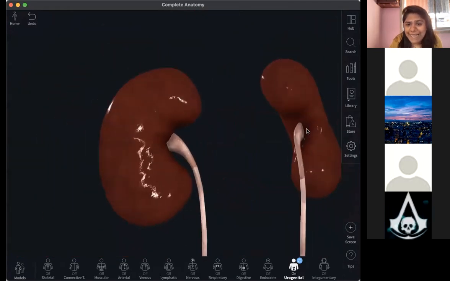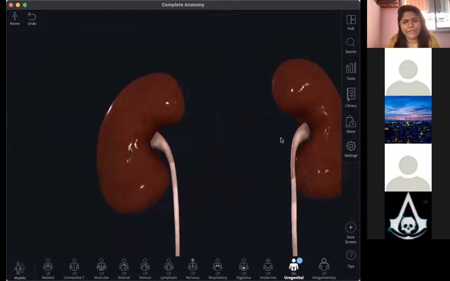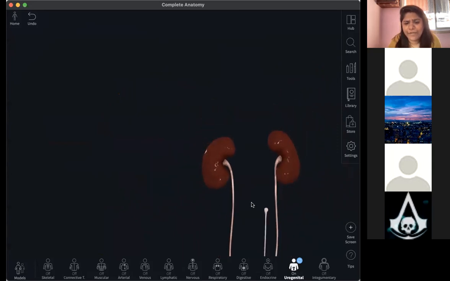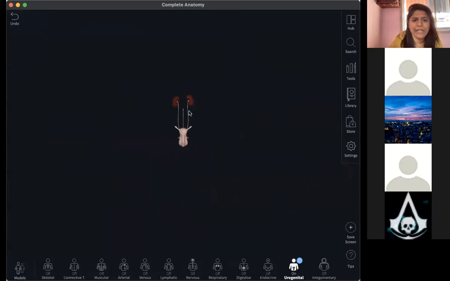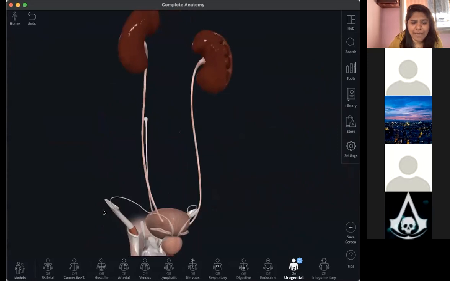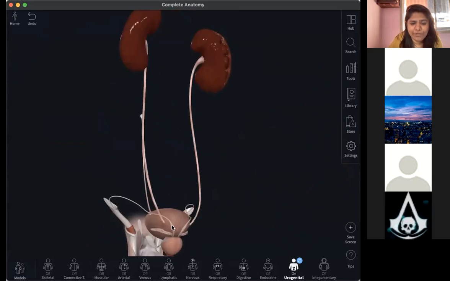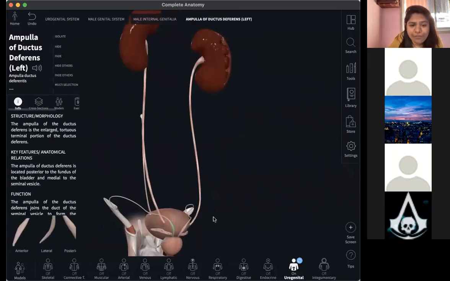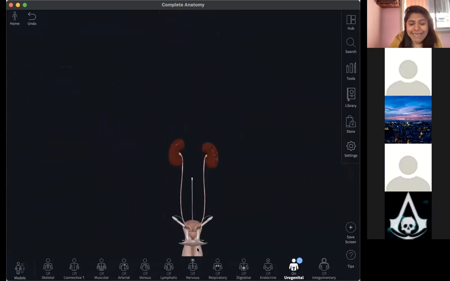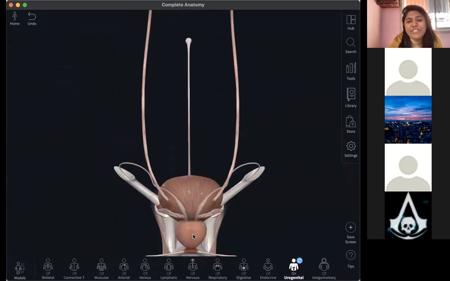And then these tubes, can you tell me what these tubes are called? Have you heard of these tubes before? Ureters, right? Where do your ureters go? Urinary bladder. They go to the urinary bladder, right? And then the urinary bladder is basically going to take in all of the urine, and it is going to store the urine inside till the process of micturition.